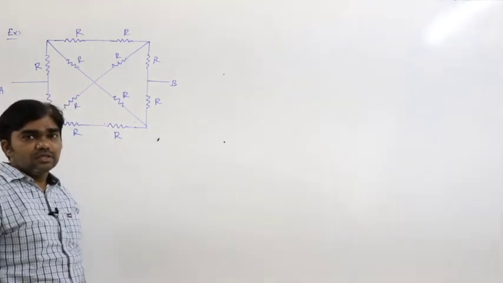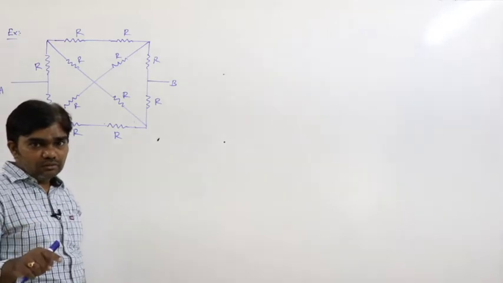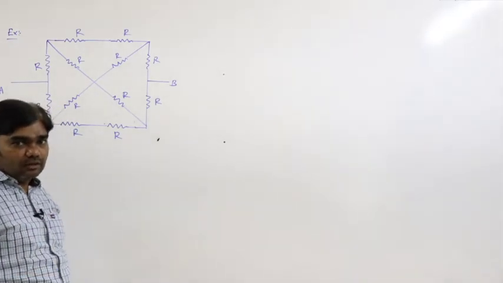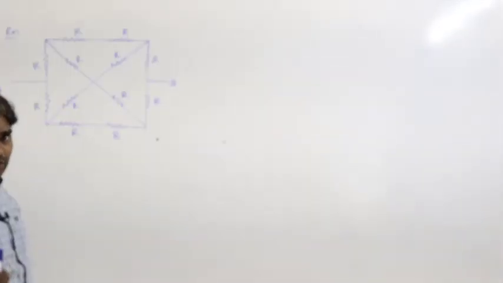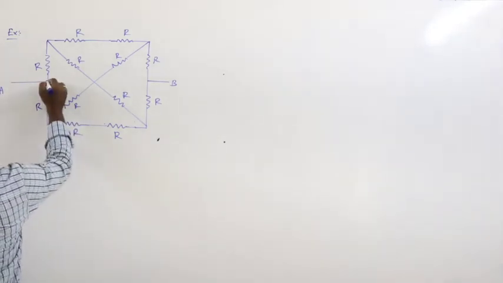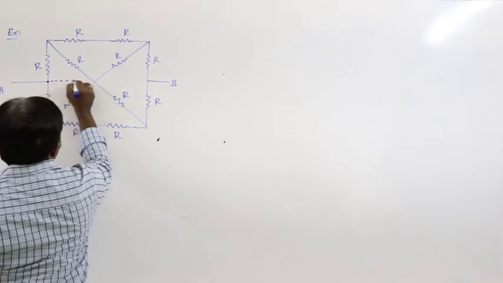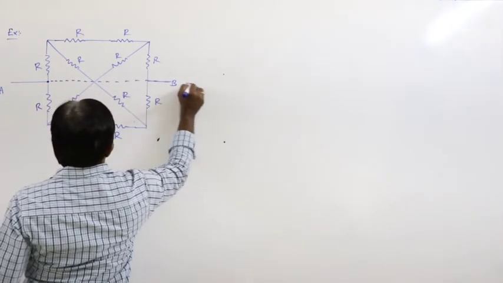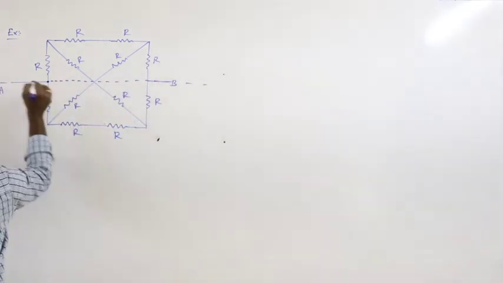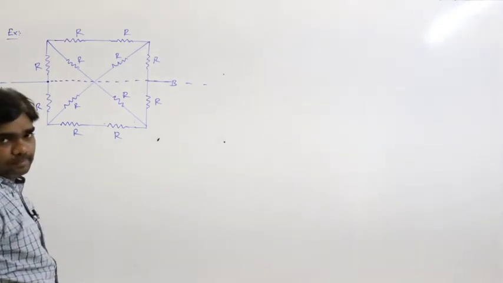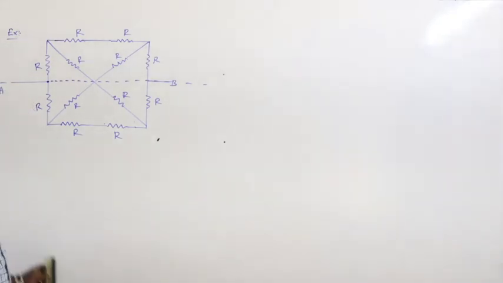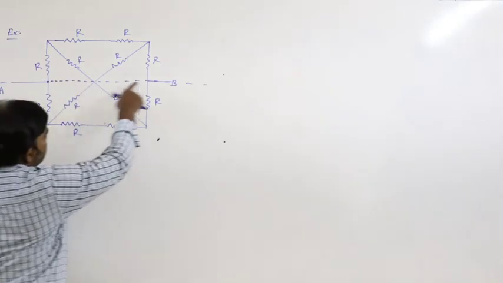Folding symmetry means the symmetry line must be drawn along the line joining the points between which we have to find the effective resistance. Here we have to find the effective resistance between A and B. That is why the symmetry line must be drawn along this, like this. This is the situation. If the symmetry line is drawn along this line,